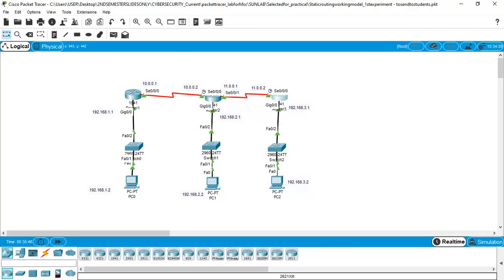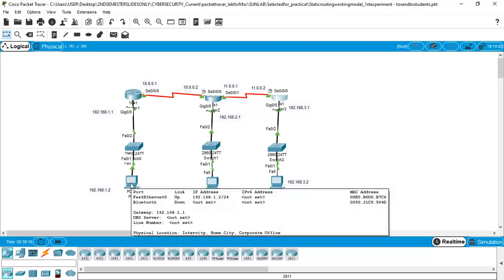Now we will test the communication between the PCs, PC0, PC1 and PC2. Since we have completed the configuration in routers 1, 2 and 3, we will check the communication between the PCs.